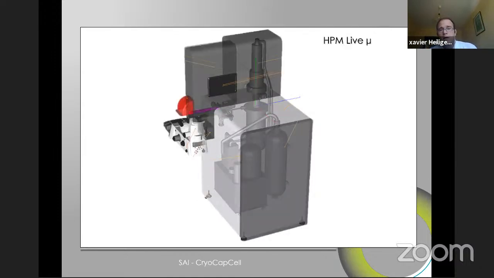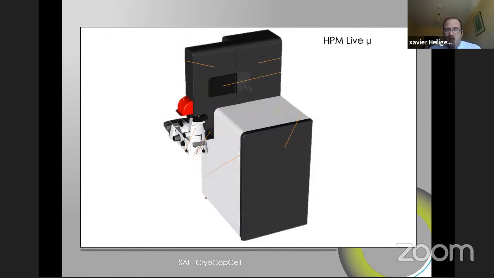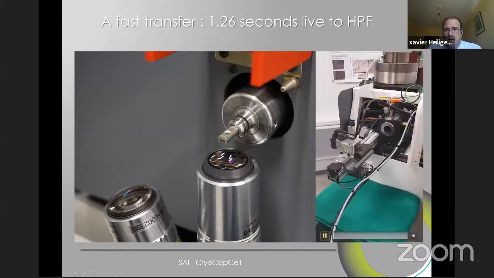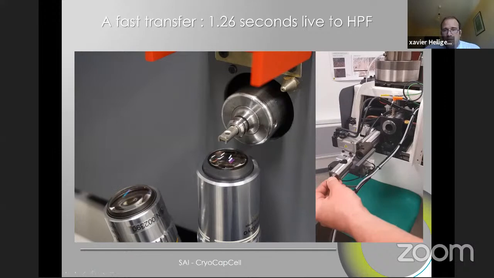And so this automated arm has been placed inside a new generation of high pressure freezer that can handle more complex parameters of HPF. As I mentioned, the fast transfer happens in 26 seconds to be exact, in the fastest configuration. The sample is just right above the microscope lens, and at a given time, you just click the button and the sample will be retracted and frozen. So high pressure freezing happens like that.